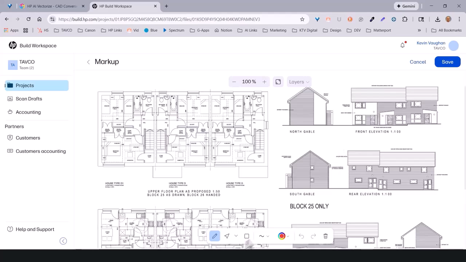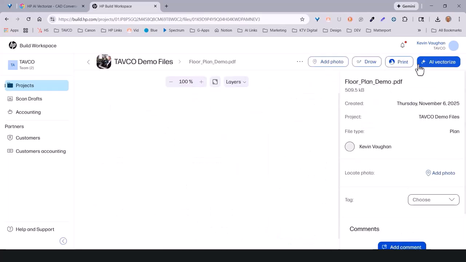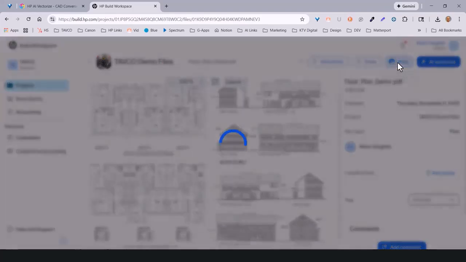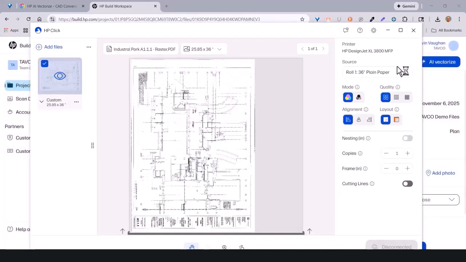This is very basic though. This is going to be drawing rectangles or having a pencil tool, making some notes. You can change the colors of your tool, but very basic markups that you can make to these drawings. Now there's a print button here, which is really interesting because if you have an HP plotter, this is going